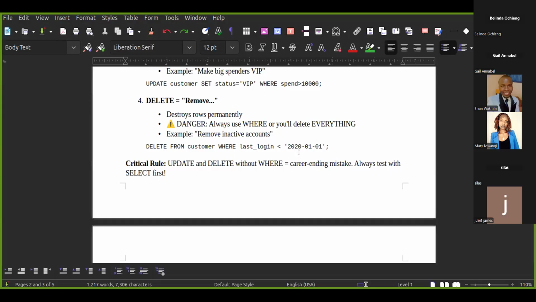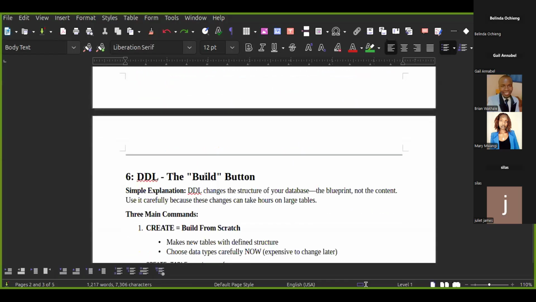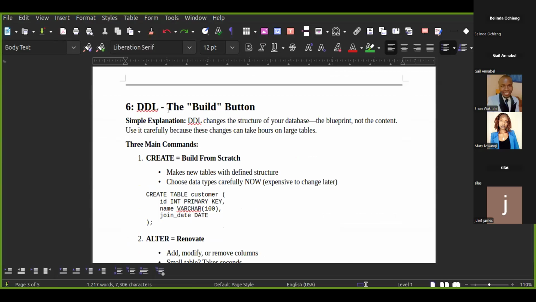And then a critical thing is update and delete without where. This one leads to a career-ending mistake because, for example, an admin deletes the whole database. Bro, it's very critical to take note of what you're updating or changing in your database. Another thing is DDL,